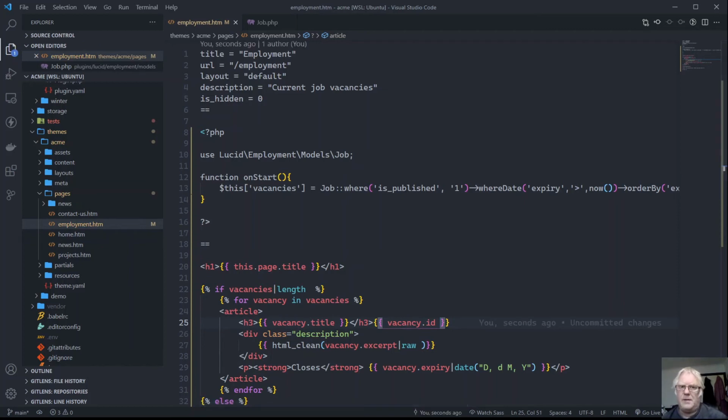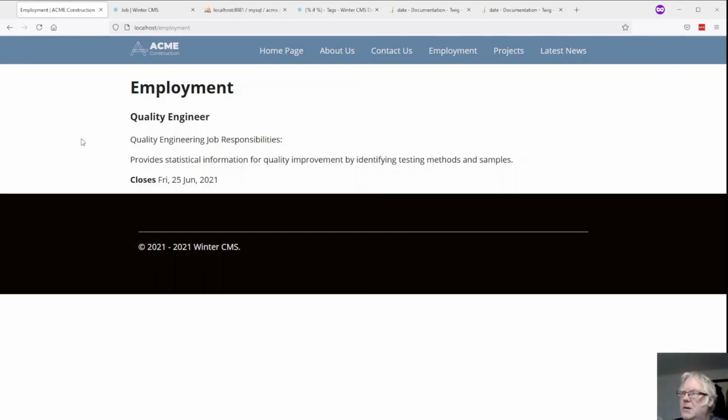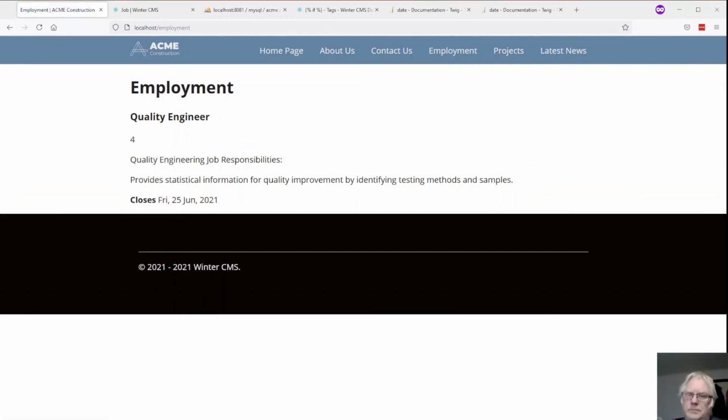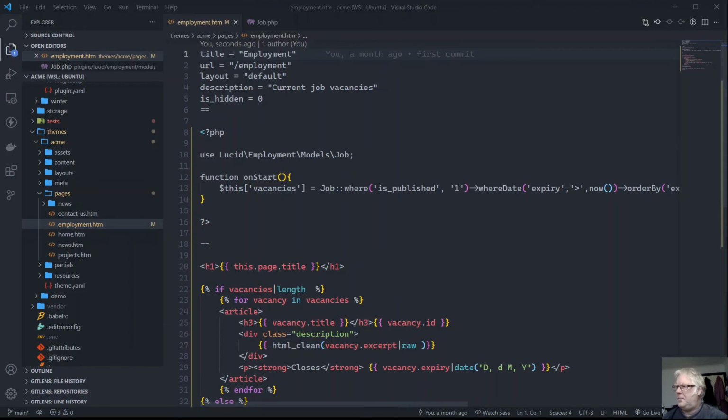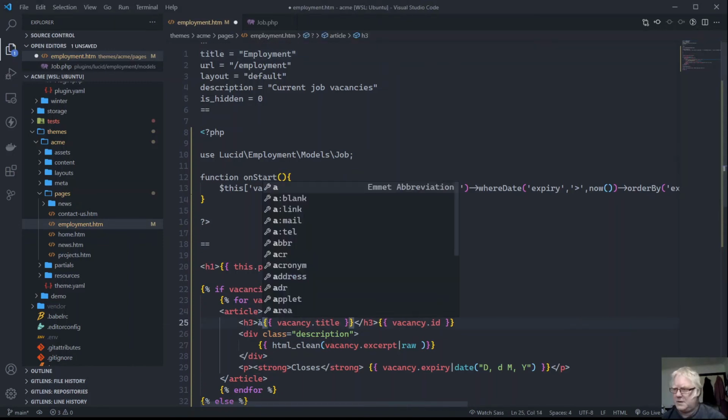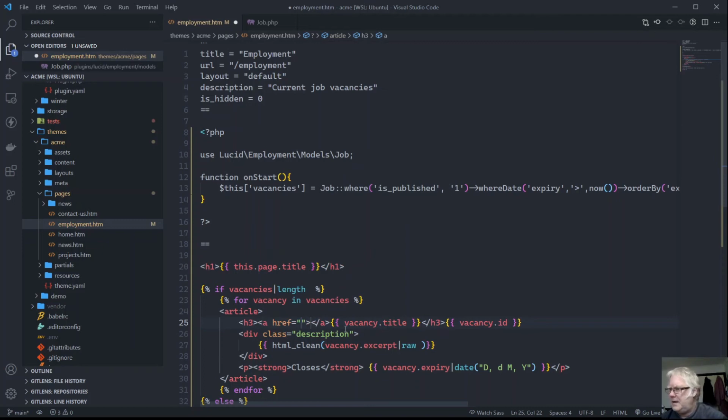Now we should get a number next to that. 4. Beautiful. Back to here, we can now create a link for that. So we'll just do an a href, and we'll put this title inside that,